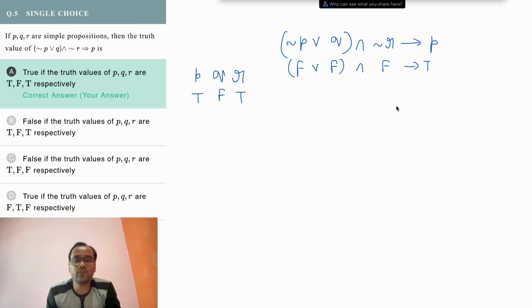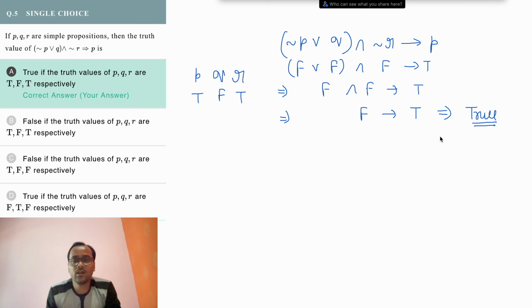So this will give you false union false is false, intersection false is false, implies true. So this will be true,